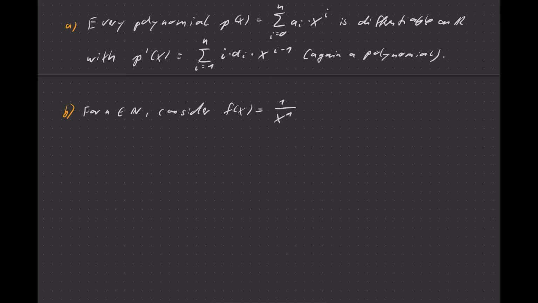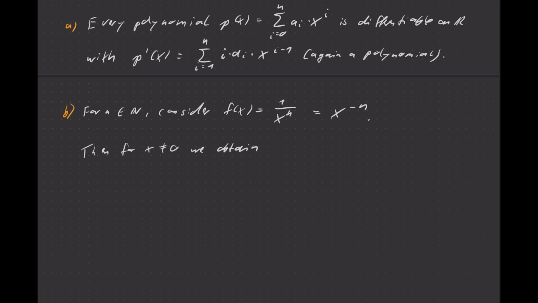So we take the monomial x to the power of n and we invert that, 1 over x to the power of n, which is the same as x to the power of minus n. Then how about that? Well, of course, this is not differentiable at the point x equals 0 because it's not defined there. But for all others, we can apply the quotient rule. So for x not equal to 0,